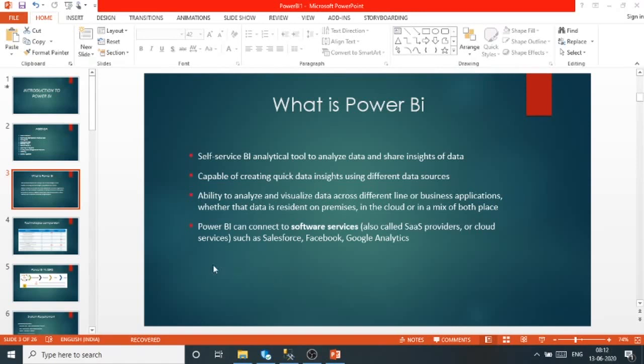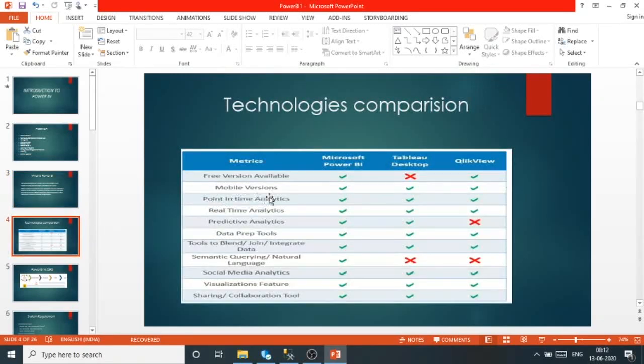Now we will discuss the technology comparisons and what tools are available in the market compared to Power BI. There are three major tools.